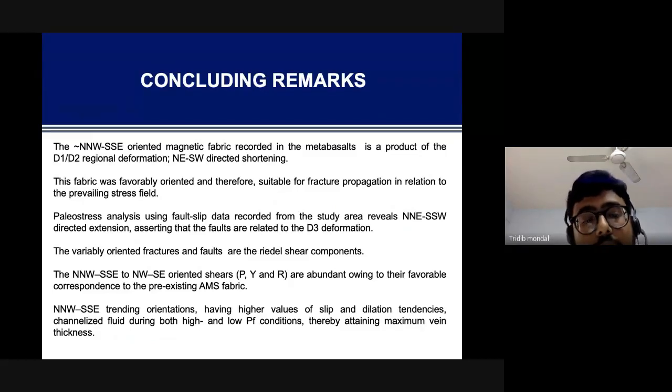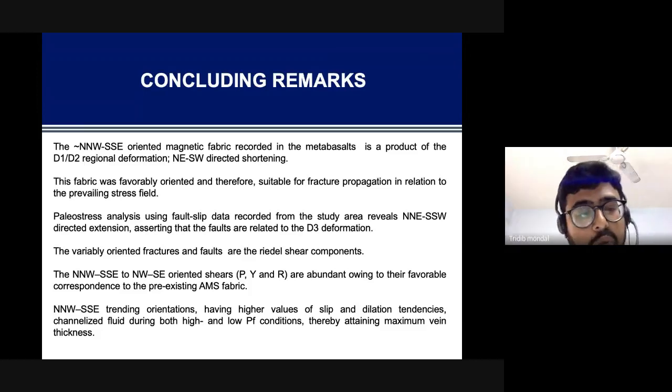is a product of the D1, D2 regional deformation. The fabric was favorably oriented and therefore suitable for fracture propagation in relation to the prevailing stress field. Paleostress analysis using fault slip data recorded from the study area reveals north-northeast, south-southwest directed extension. The variably oriented fractures and faults are the radial shear components, and the north-northwest, south-southeast to east-northeast, west-southwest oriented P, Y, and R shears are abundant, owing to their favorable correspondence to the pre-existing anisotropy defined by AMS